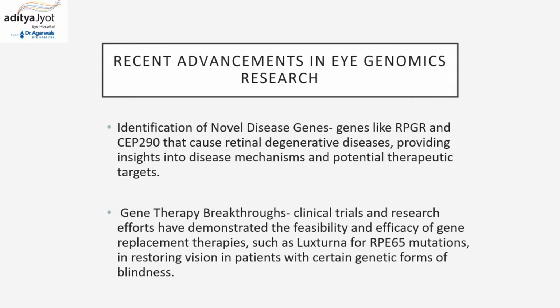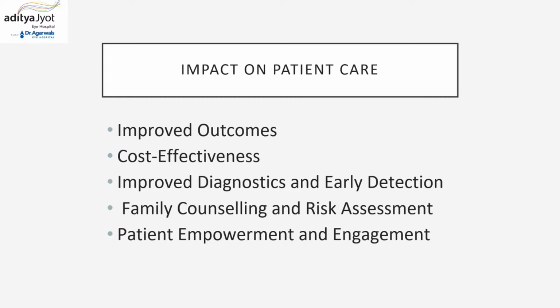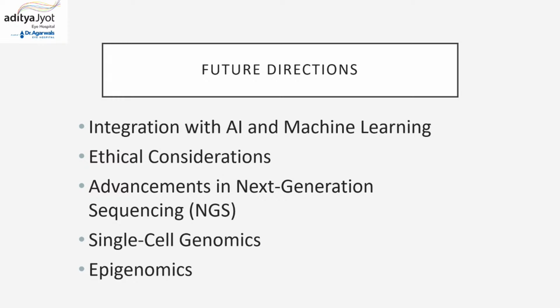Clinical trials and research efforts have demonstrated the feasibility and efficacy of gene replacement therapy such as Luxturna for RPE65 mutation in restoring vision in patients with certain genetic forms of blindness. The improved outcomes, cost effectiveness, improved diagnostic and early detection, family counseling and risk assessment, and patient empowerment and engagement. And integration with AI and machine learning is a future direction for the genetic research, ethical consideration, advancements in next generation sequencing. And from India and maybe from South American countries, we are looking for reducing the cost,